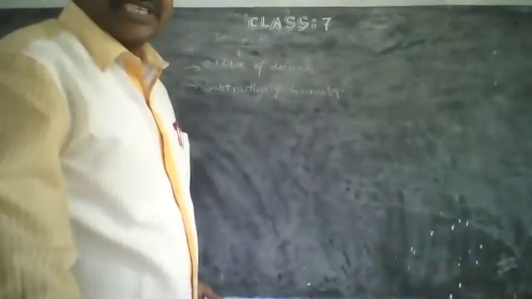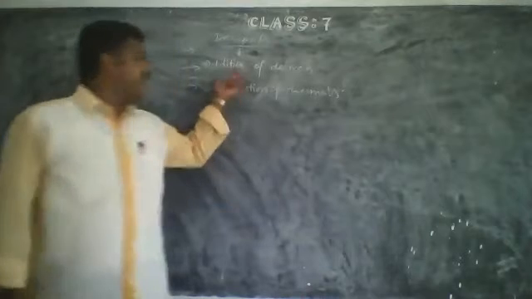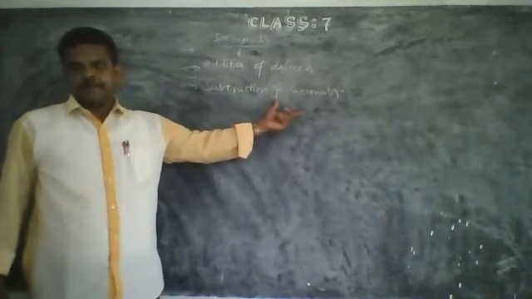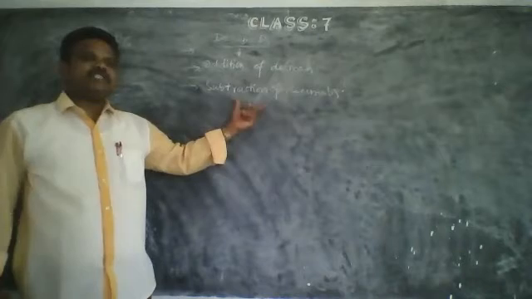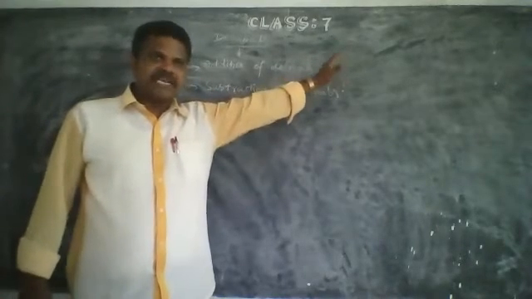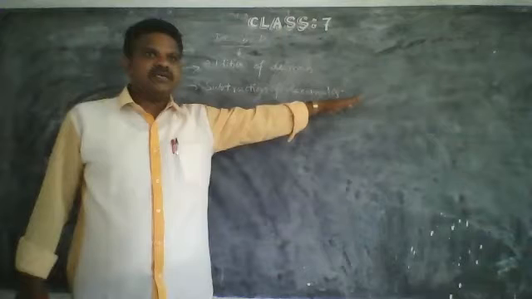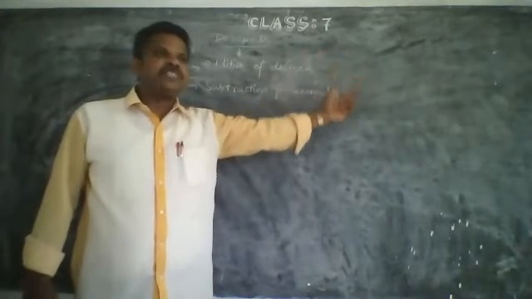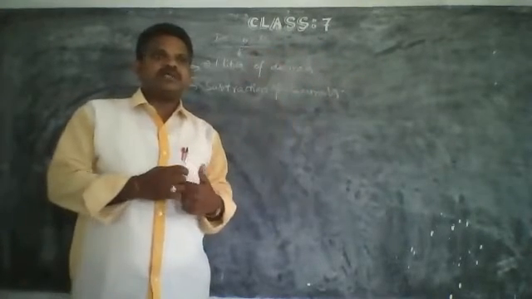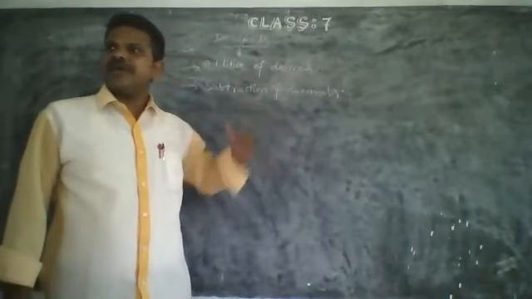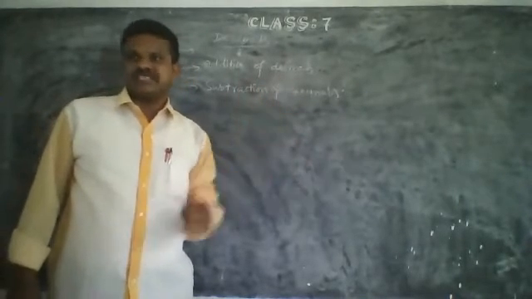Yeah, we have discussed in the last topic the addition of decimals and the subtraction of decimals. Addition and subtraction, the procedure is the same. Align the decimals one below the other, and you just add in addition and subtract as we did the subtraction of whole numbers. This is all about what we discussed in the last session, right?